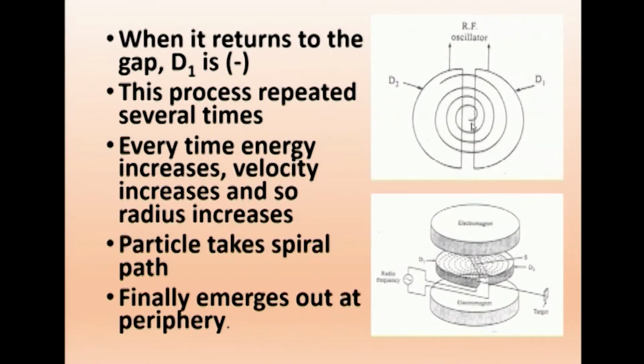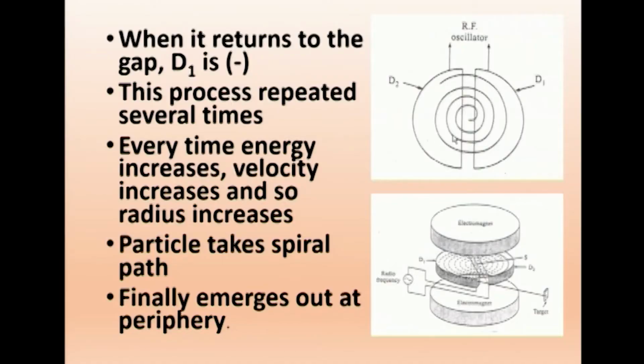Every time the velocity goes on increasing, therefore what will happen? It will not be in a stable orbit, it will go on increasing. Suppose I take a rubber band and put a stone. Just imagine a rubber band connected to a stone, and like a small boy you just go on rotating. As you make it faster and faster, the stone will go away due to the centrifugal force. It will take a larger spiral. So as you go on increasing, it will make a bigger and bigger circle. Similarly here, because the energy increases, velocity increases, it goes to a bigger circle.